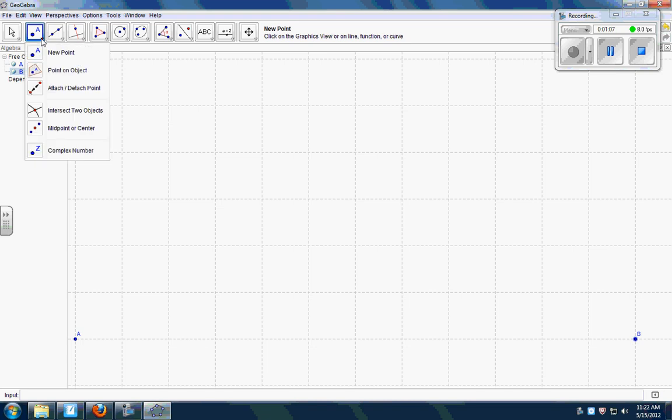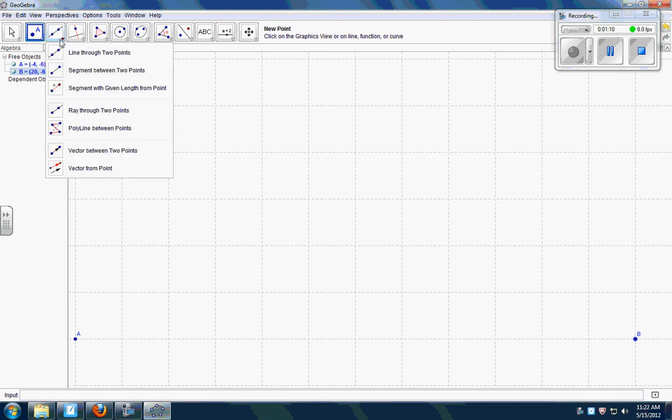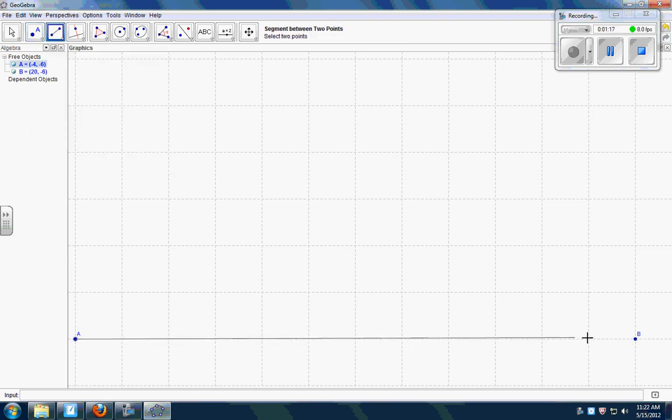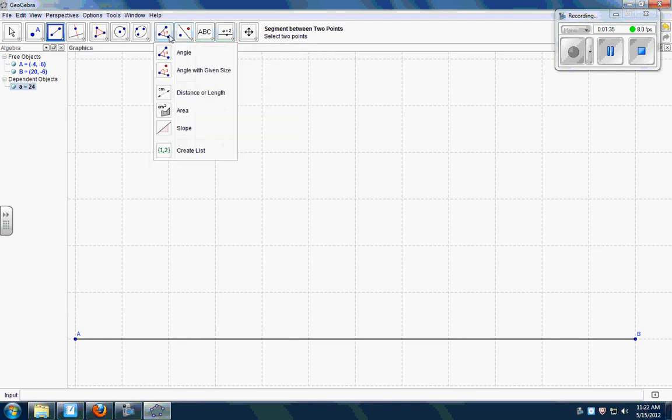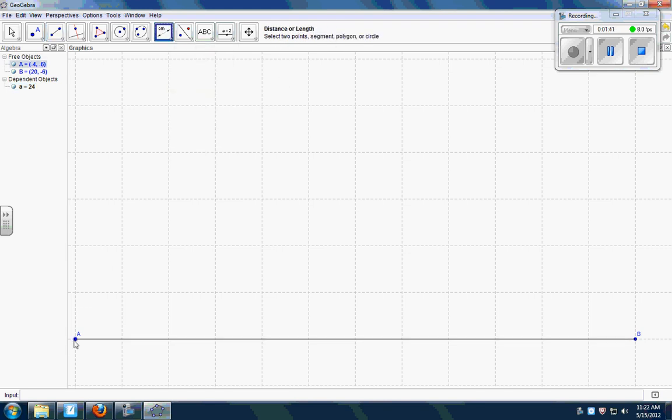If you come up to that same button and you click on it, one more over, we go up to this line button. We want a segment between 2 points because the line will just keep going and going. So we drag this over. Okay, now up here it'll actually show us where our points ended up. We want to find the distance of that because I'm asking you guys to do perimeter. So we come up to this button right here. We go down to distance or length, select 2 point segment or whatever. So we say A to B, okay, 24 units. Now yours may be 24, it may be shorter, longer, whatever, it doesn't matter because we're looking for patterns in